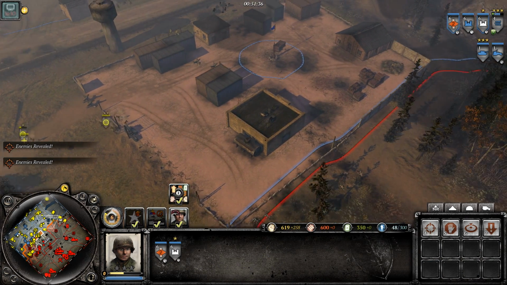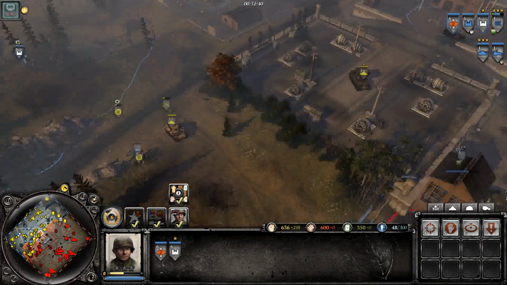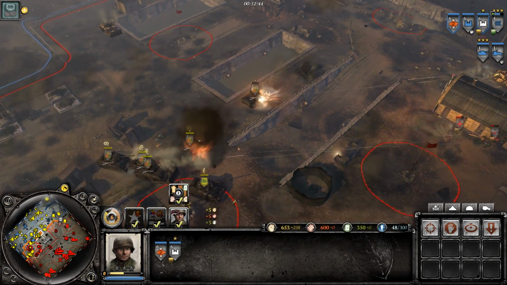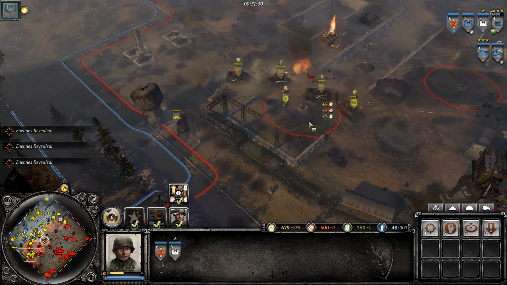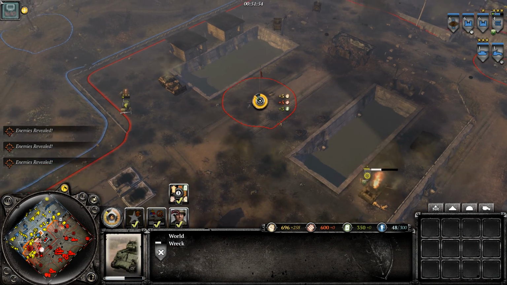Yeah, I really like that assault team. They cut that stuff down quick. I'm gonna try to push a little bit on the right over here. You have all these tanks on the left. Yep. Okay. I don't have my tank destroyer. I must have lost it. It's probably getting